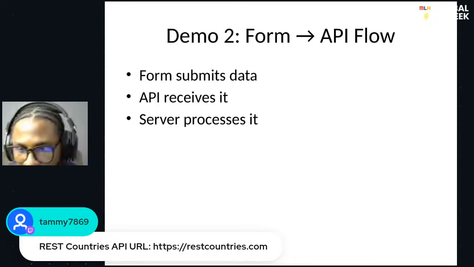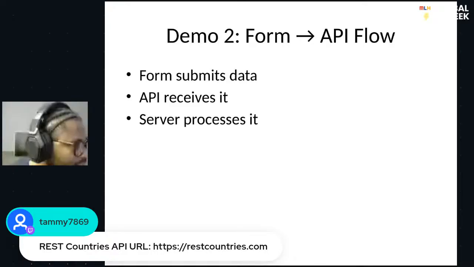Okay, just before I dive into that, I'm just going to show you a little bit of an example again of not really consuming an API. Yeah, in a way, consuming an API. This is going to be real quick. I'll share my screen right now. And Tammy, for your idea for the REST API, we're going to vibe code it. So we're also going to see how we can vibe code.